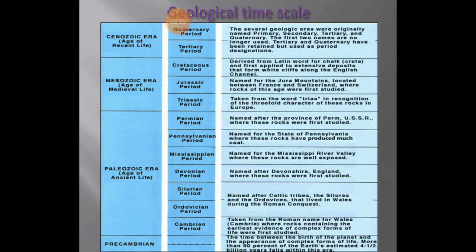So first, look at the geological time scale. If you take the eras, the first era is the Precambrian era, then the Paleozoic era, Mesozoic era, and the most recent one is the Cenozoic era. Again, these eras are divided into periods, just like in a timetable the complete day is divided into different periods. Like that, the geological time scale is divided into different periods, such as the Cambrian period, Ordovician period, Silurian period, Devonian period. Each era is divided into different periods.